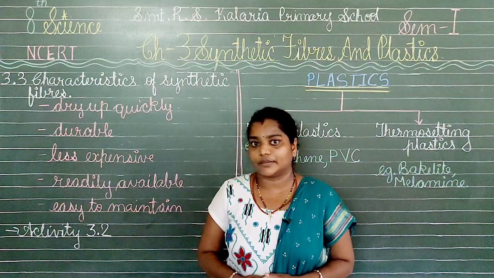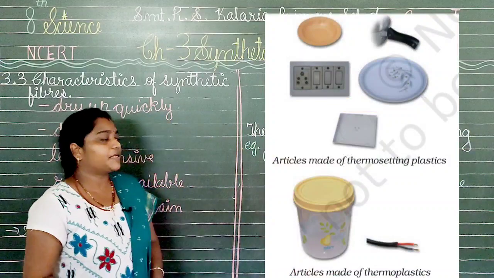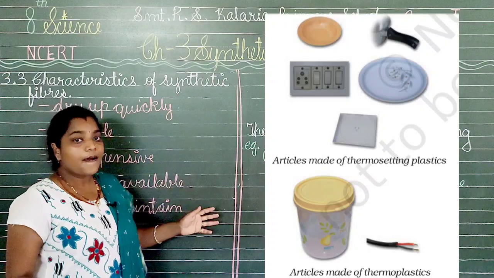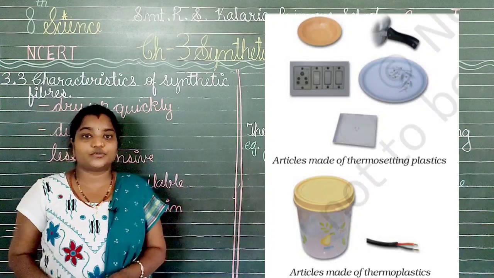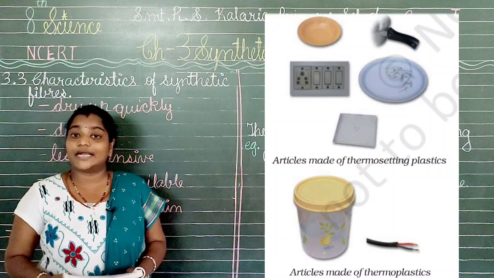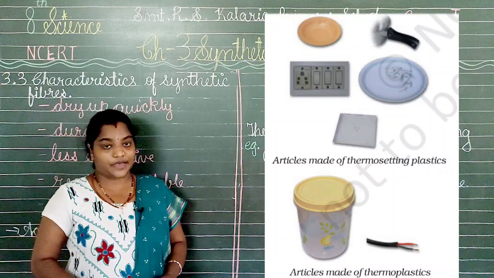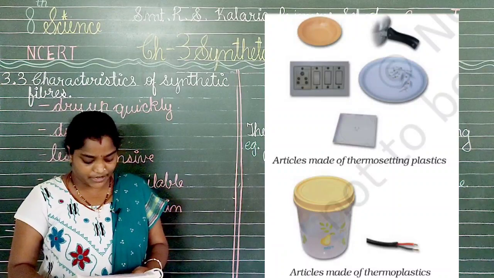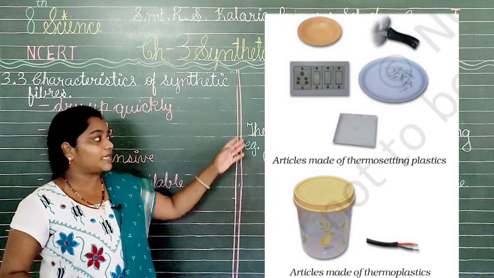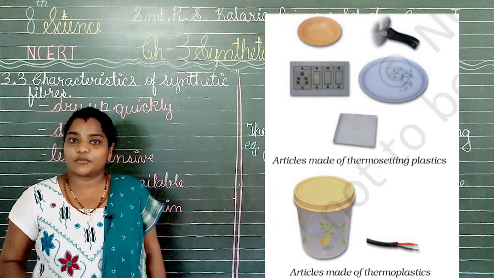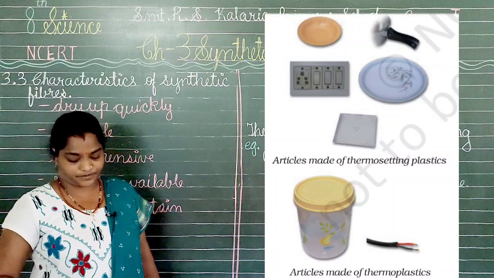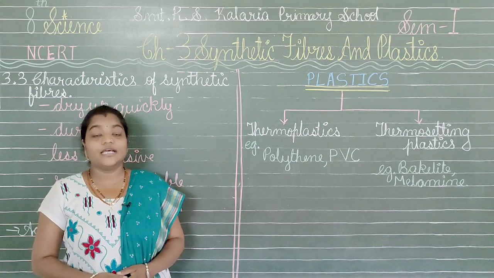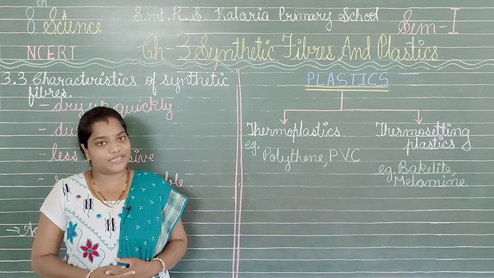Now let us have a look at the picture which is showing us both the examples. So here we have the picture. In this you can see the material made with bakelite and melamine. In bakelite we have the switchboard, the dishes or plates, the handles of the utensils, and even the tiles also. Sorry, that is the thermosetting plastic on the top, and in the bottom we have the thermoplastics, which have the containers. As bakelite is a poor conductor of electricity, it is used for making electrical switches.